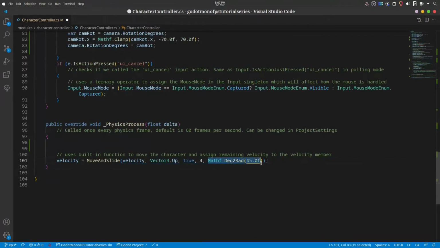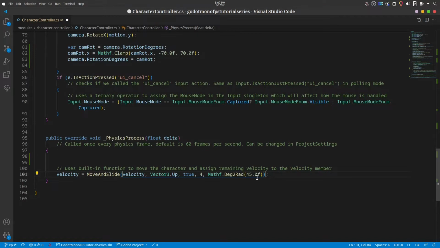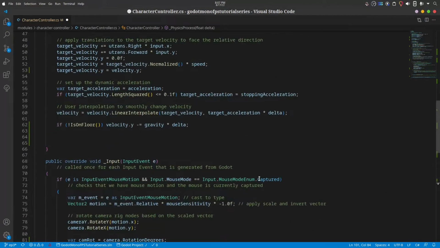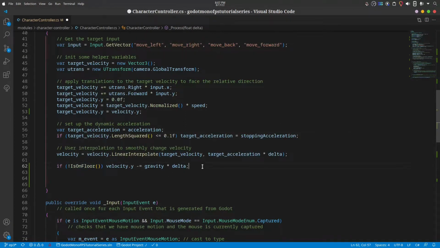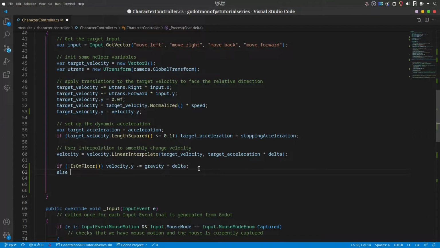The degrees value at the end here determines how close a surface has to be considered a floor. And if it's bigger than that, it may consider it a wall or a ceiling. And so there's built-in functions to determine if it's touching a floor, a wall, or a ceiling. And based on that, you can apply some logic. For example, we're only going to apply gravity if we're not touching the floor. And what we can do now is if we are touching the floor, which would just be else, we can set the velocity.y